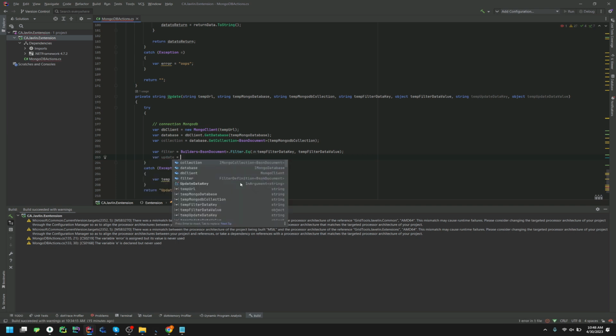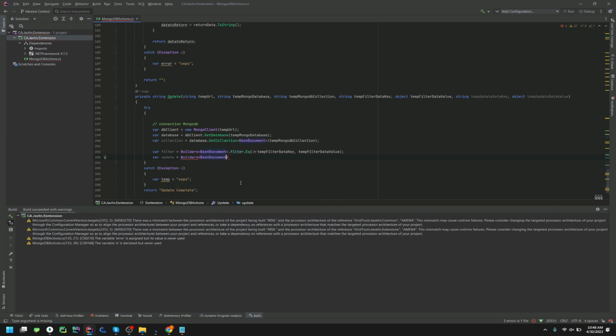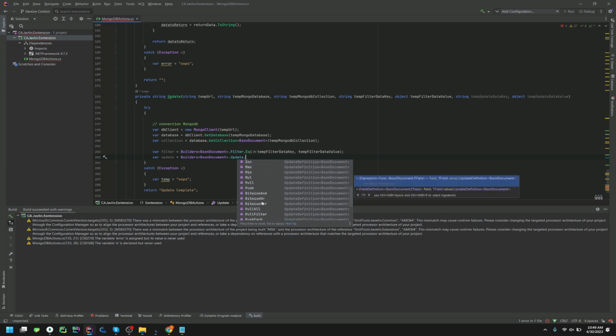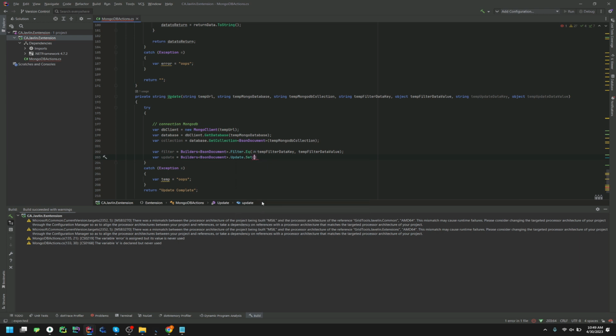So now we've got to build an update reference. Again, you need your builders, and it's got to be a Bson document. It's really hard to say when you're used to saying JSON. Then it's an update method, and we want to set the value, okay? See, there's a lot of options you can do. So I recommend just taking your time and playing with this and see what all options you have, because I definitely don't have time for that type of video. Now here we want our key